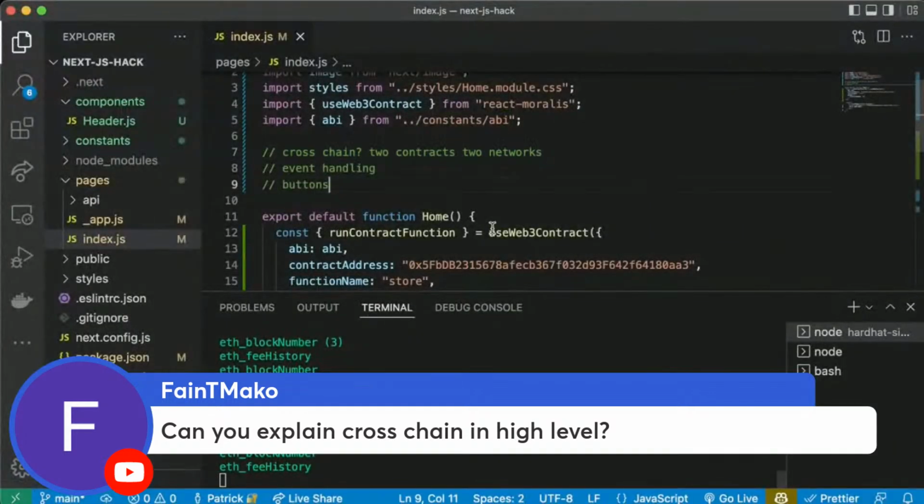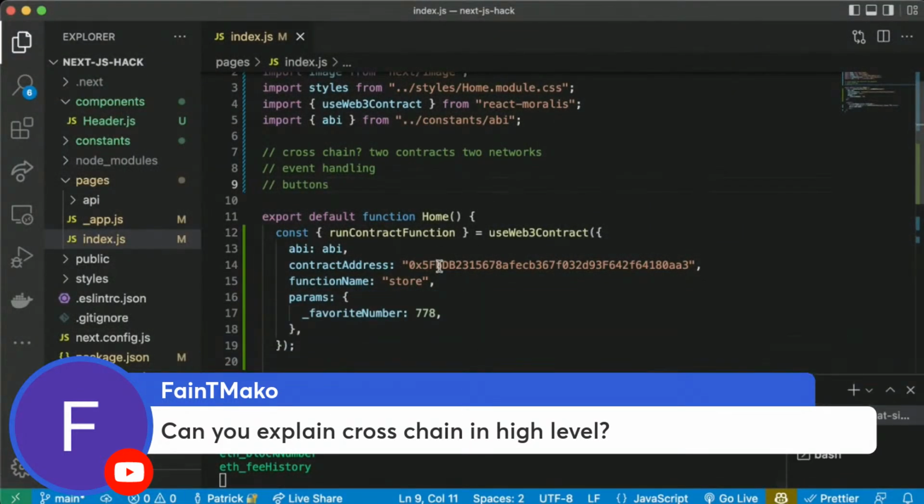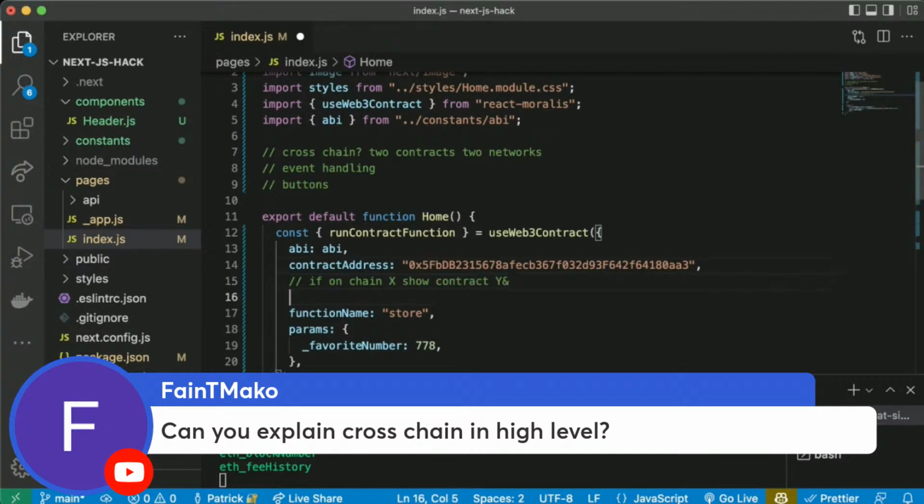So in our code, right here, where we're hard coding our contract address, we would instead do something like if on chain X show contract Y. If on chain Z show contract A, right? We would just have some code that does this switching and switches out this contract address.